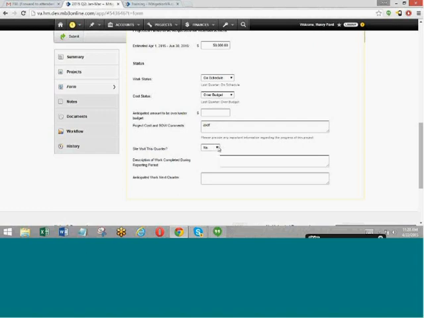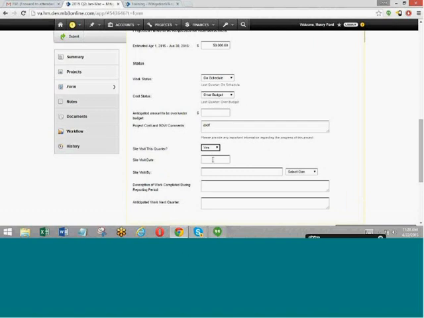Whether you had a site visit this quarter: if you did, you just say yes. It will ask you when the site visit date was and who the visit was conducted by.